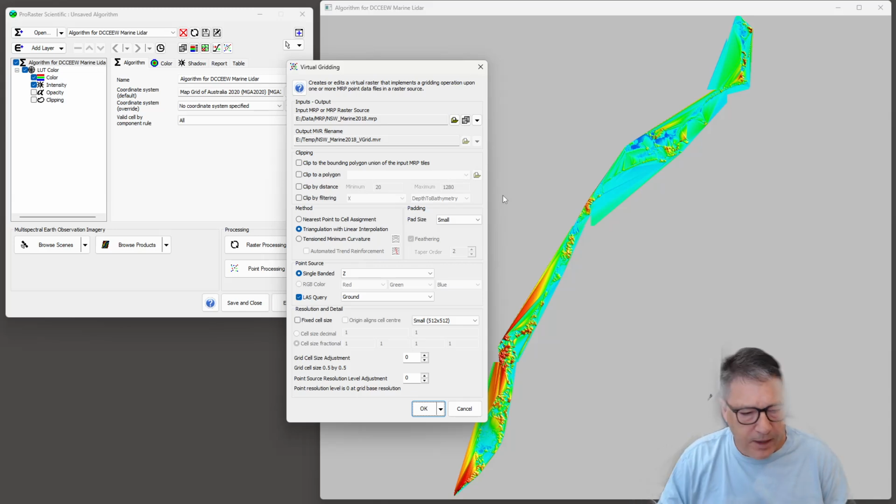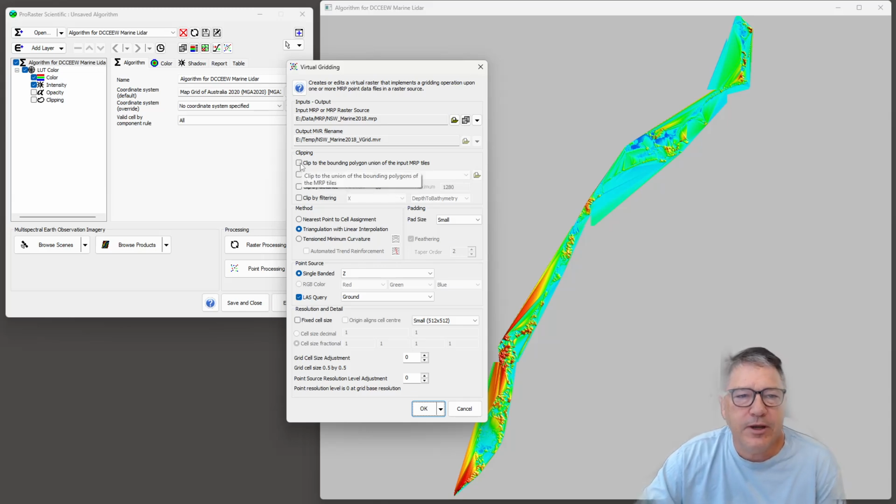These are all complementary. So if a grid cell gets clipped out by one of these options, then it will be clipped out. In other words, the clipping will be the intersection of these 4 different clipping methods that you can enable. The first one, and the easiest, is to clip to the bounding polygon union of the input MRP